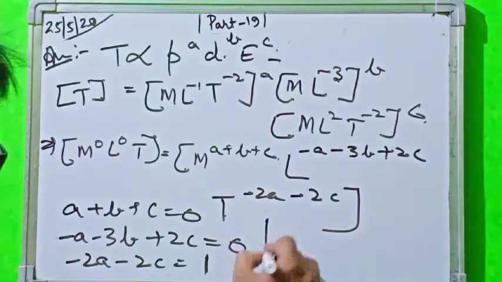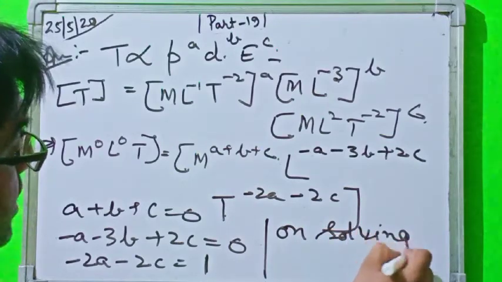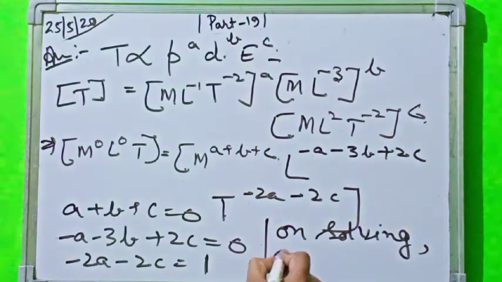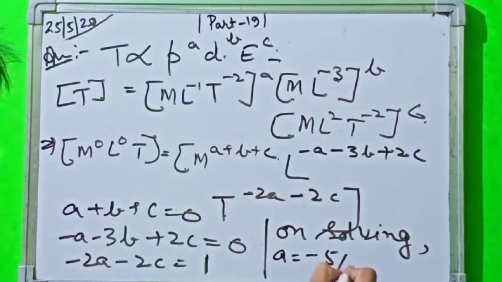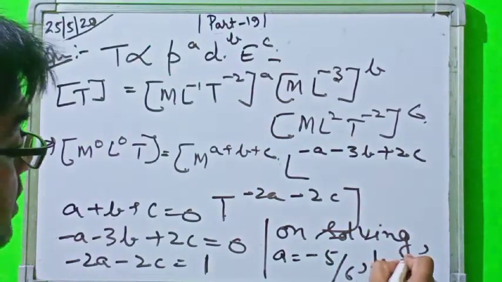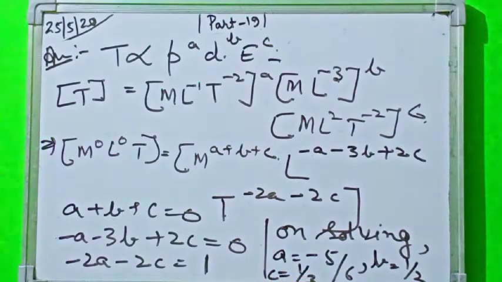On solving it for the values A, B, C, we get A is equal to minus 5 by 6, B is equal to 1 by 2, and C is equal to 1 by 3. A is equal to minus 5 by 6, B is equal to 1 by 2, and C is equal to 1 by 3. So by putting these values in the above formula,